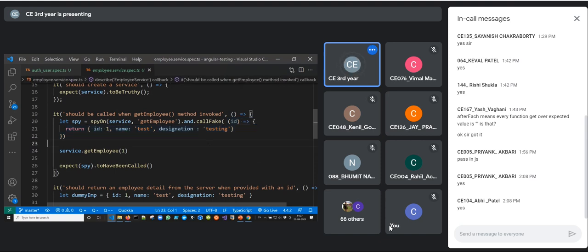What it does, it takes id as the parameter and it returns this fixed JavaScript object with three properties: id, name, and designation. And this is the execution of this getEmployee method, and here we are checking that this method has been called at least once.